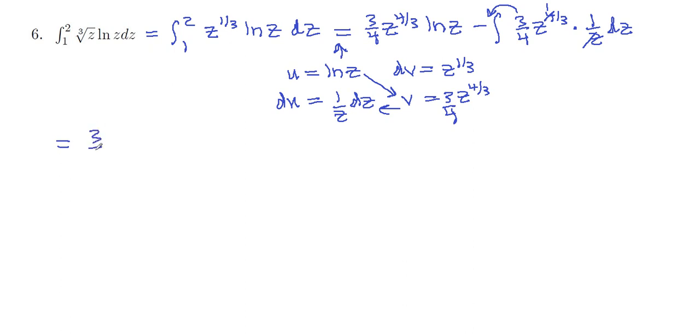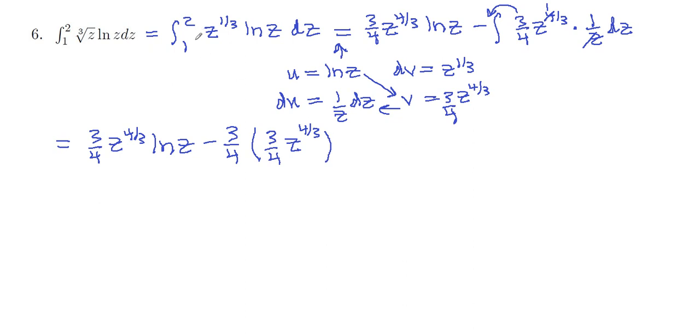So this will be 3/4 z to the 4/3 natural log of z minus 3/4. And then we've got z to the 1/3 power. So add 1 to 1/3, you get z to the 4/3. And then divide by the new exponent, divide by 4/3 means multiply by 3/4. So you get another factor of 3/4. And then